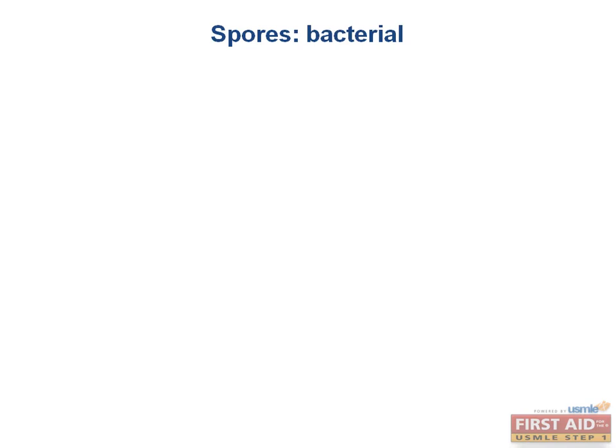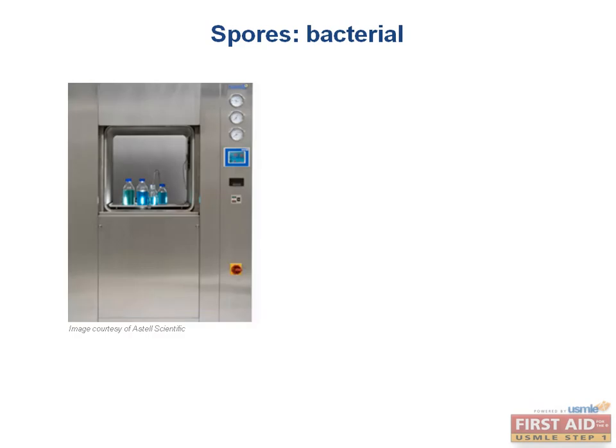We talk about spores in other parts of the chapter. Remember that Bacillus and Clostridium species can form spores when they are nutrient depleted. Spores can only be killed by autoclaving above a specific temperature, 121 degrees for 15 minutes, which is done for